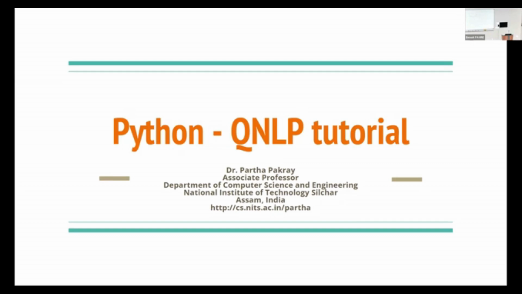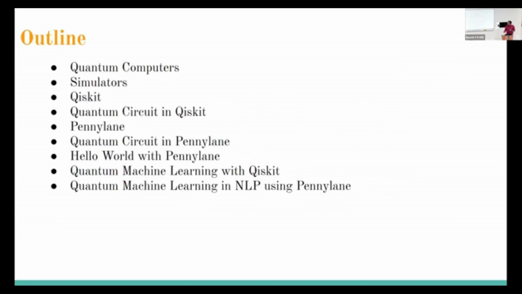And I will show you some of the code, in Jupyter, or rather not Jupyter Notebook, but in Google Colab. Some fragments of that code, like how we can implement that particular part. Of course, I'm not going into the deeper details. Some of the important terms are there, like one is the simulator. The simulator is the most important tool for quantum, because